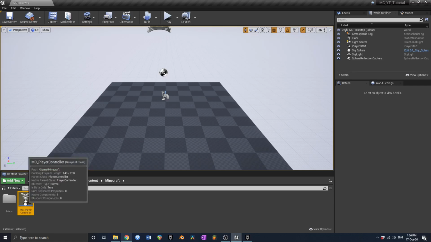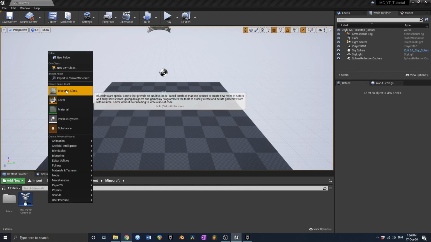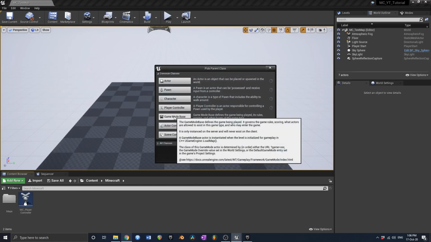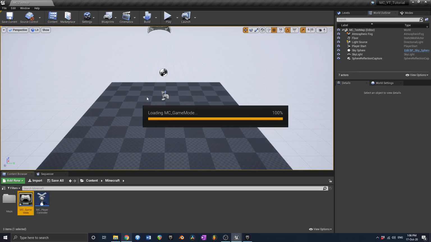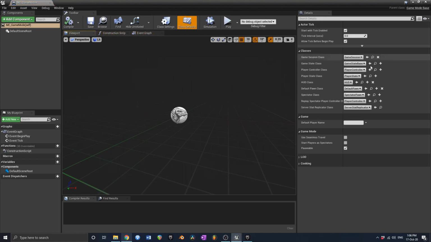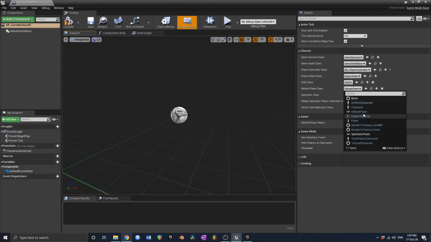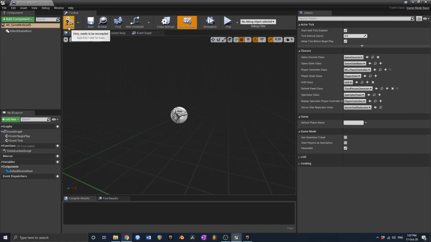So in order to get the player controller to work, we're going to need to go to game mode, create a new game mode, and call this MC_game mode. And inside of that game mode, we just need to set two things. We need to tell the game mode to use our new player controller instead of the other player controller that we're not going to be using, and we need to tell it to use default pawn class,